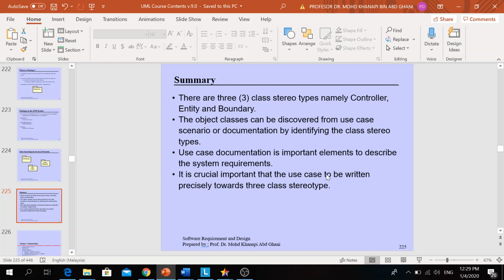It is very important that you structure your use case accordingly, from basic, alternative, and exceptional flows.